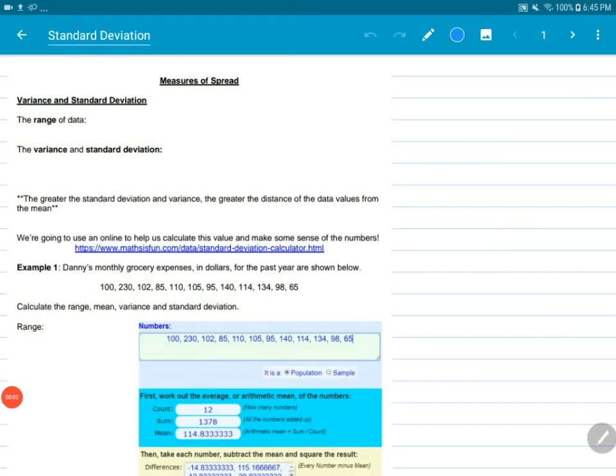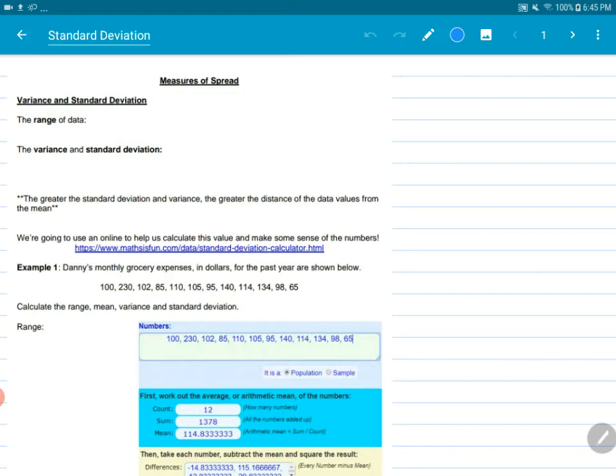Hey everyone, task 3 this week is talking about measures of spread. So you might want to have a new tab open beside you so you can work with the website that you're going to be looking at in a second, and also your calculator. So today we're talking about variance and standard deviation, and also the first word here that we're looking at is